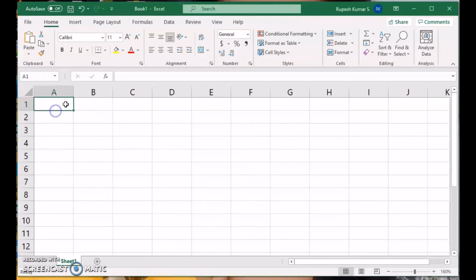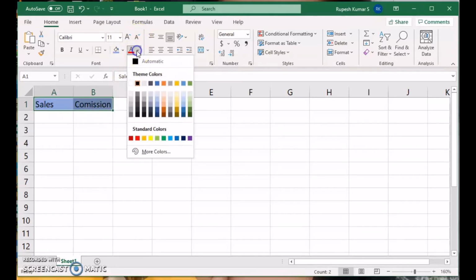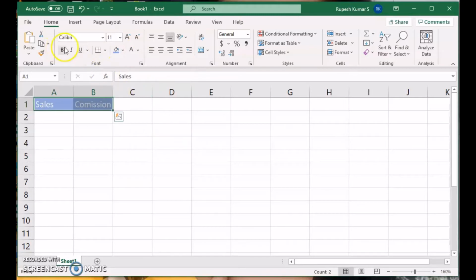So I am taking some example here. I have got sales and commission to the sales people who are making the sales. So let us format it. I'm giving it a nice blue color and the font to be white color, bold.